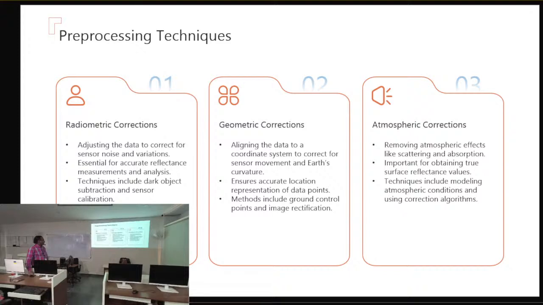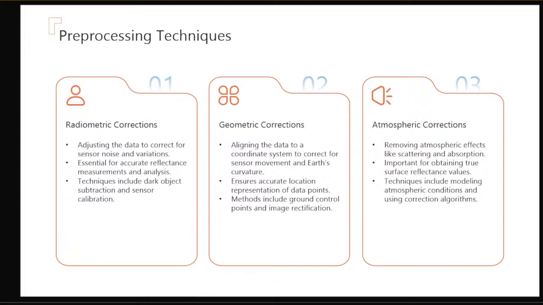And in the geometry, you will be aligning the data to a coordinate system so that if I say I'm at Hyderabad VJIT, I have to be in VJIT. So this has got a latitude and longitude information, which has to be correctly coded onto the image. That's what exactly will happen in the